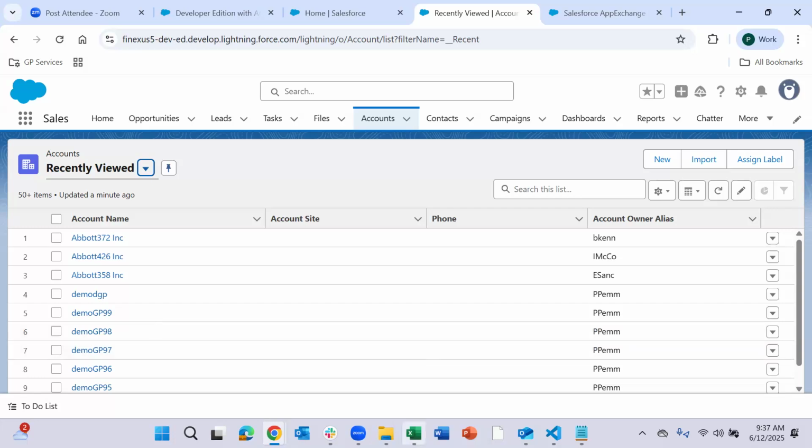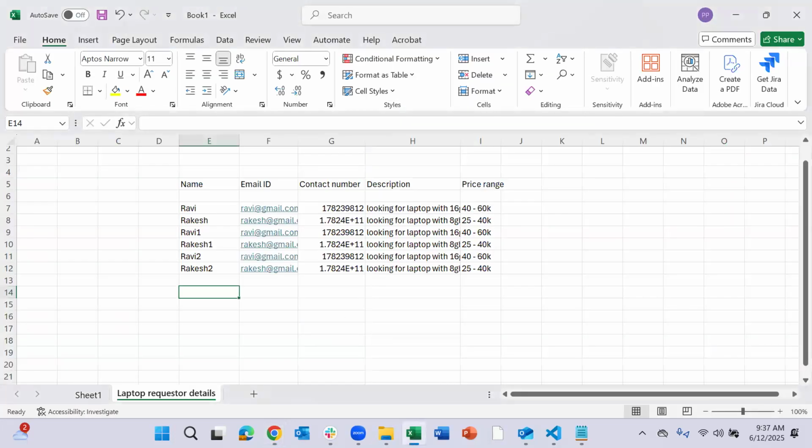Okay, one more time. So yesterday we saw the laptop requirement, right? On a website, the company has posted their marketing link or the form inside many different social platforms. From there, they are collecting the data of who is interested in buying a laptop.